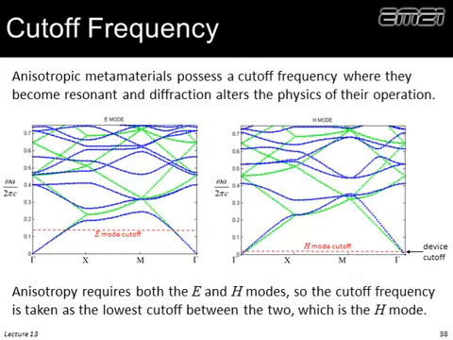Let's think more about this cutoff frequency. I mentioned with these non-resonant type of metamaterials, the lattice spacing can be a millionth of a wavelength, can be very, very small. So they work from DC all the way up to a cutoff. What is that cutoff? So we go back to the band diagrams for this hexagonal array,